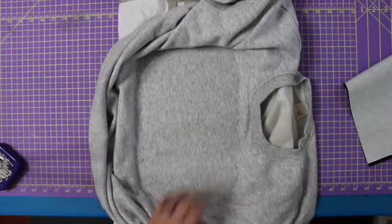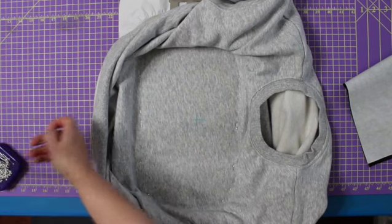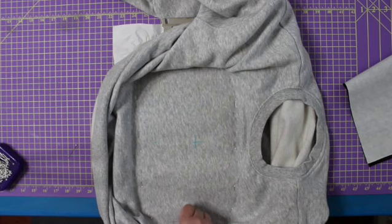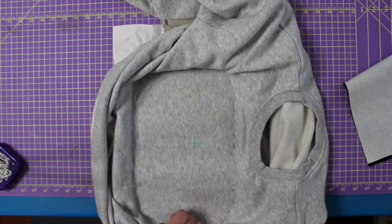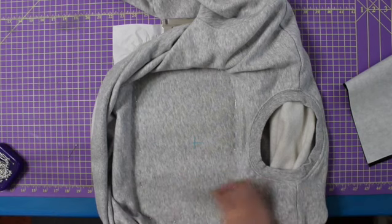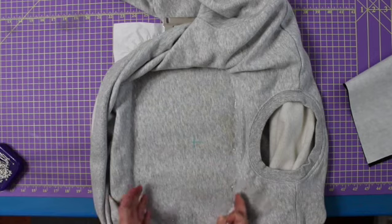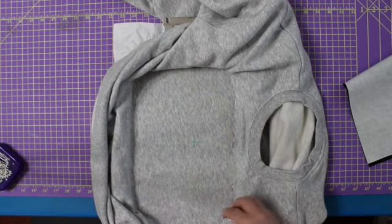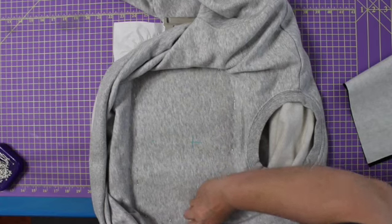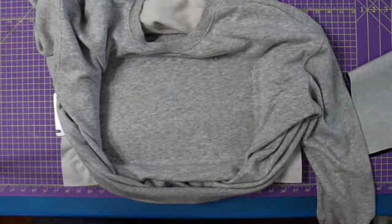Now see, this is why when I make comments in the group and I say pin it all the way around the edge, this is what I mean by that. I mean all the way around the edge. Because if you only pin it here and here, your fabric in the corners can get pulled in as it's stitching, and that'll give you puckers, and puckers aren't pretty. Okay, so I have this whole thing pinned,